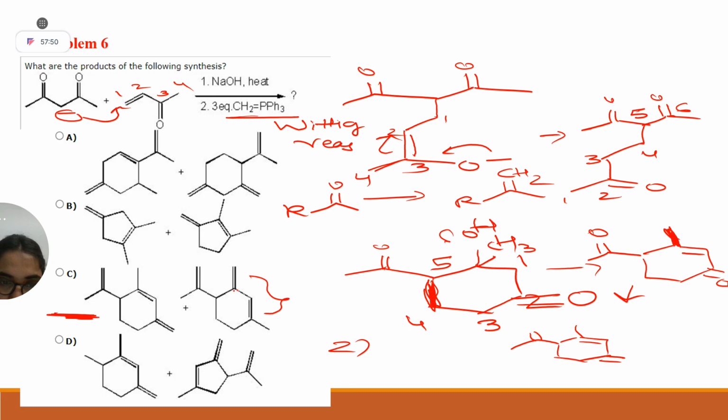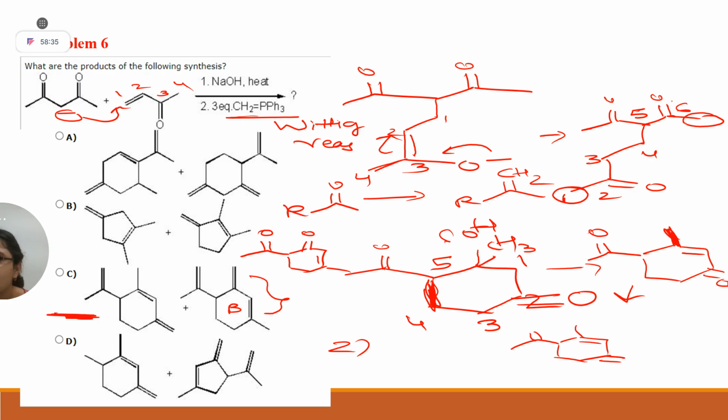One thing is clear: in order to get this product, this B product, what will be its precursor? Let's draw. C double bond O, this and this. Clear? Yes, ma'am. How have they formed this product? Obviously, they have abstracted a proton from this side and attacked this aldehyde. There are two possibilities. It can abstract a proton from this side and attack here. It can abstract a proton from carbon number 1 and attack onto 6.